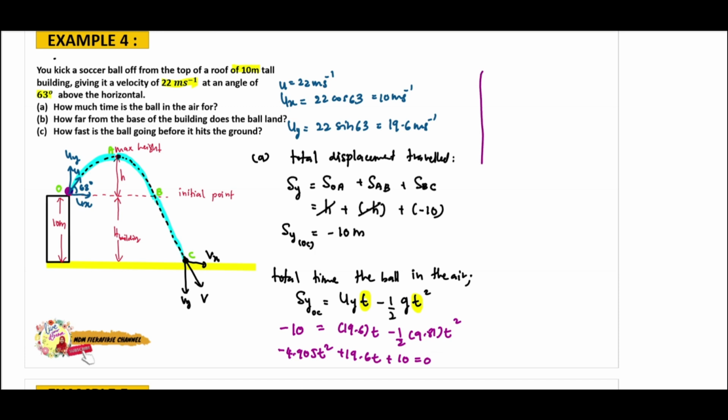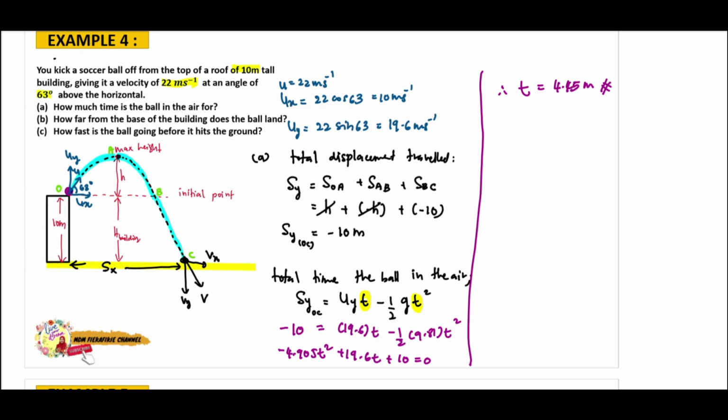Okay, saya tulis kat sebelah ni, tak muat. Okay, therefore T is equal to, you akan dapat dua lah, satu negative value, satu positive value. So let's choose the positive one, which is 4.45 seconds. Okay, so this is the answer. Alright, and now question B. How far from the base of the building does the ball land? So how far? Maknanya daripada tempat dia berhenti dekat point C tadi, daripada base of the building, so dia adalah